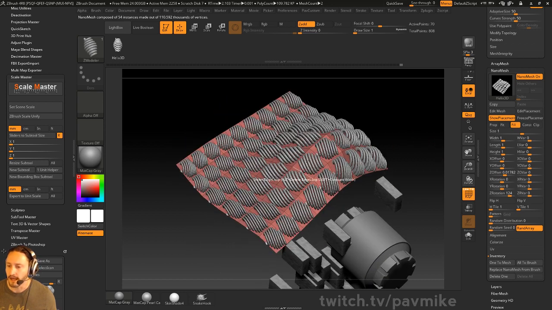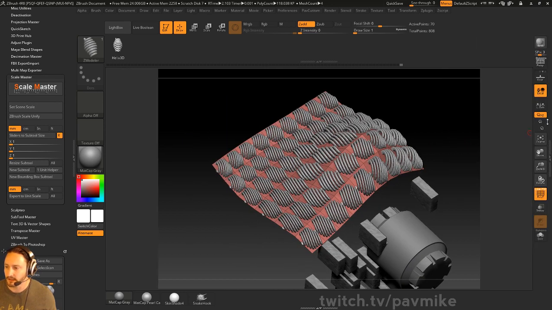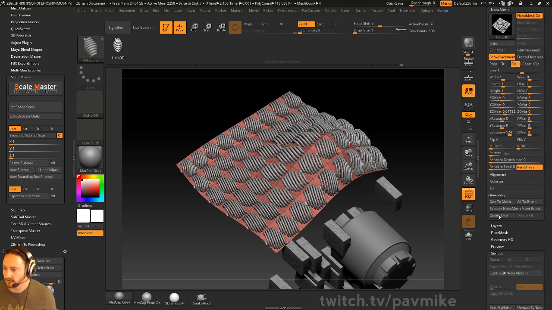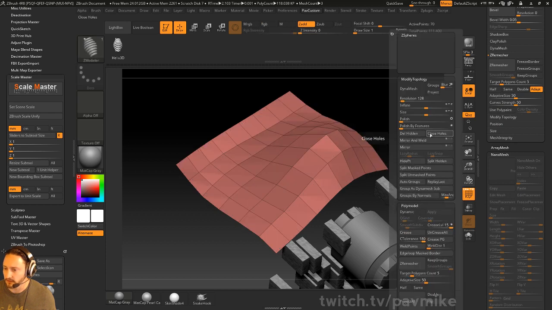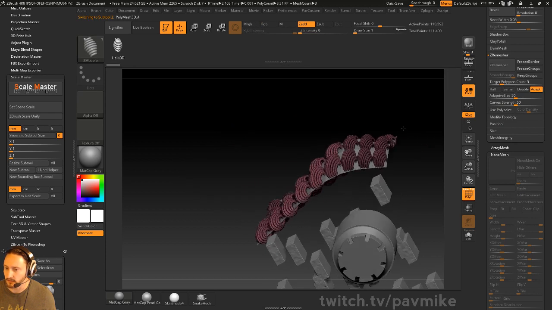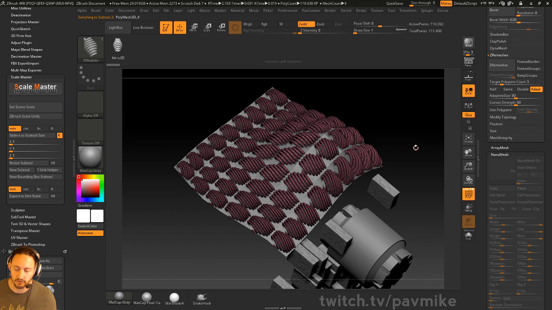Cool. So now, when you do export this, if it doesn't export any of the meshes, just go to your inventory and do 1 to mesh. That'll make it actual geo, and then you can go ahead and split those off. So we'll tag this one. Then this one should just export as geo. I don't know if there's an interface that'll speak between Maya and Max and ZBrush, maybe with GoZ, that tells it, hey, these are instances, so when you bring it in, make sure they show up as instances. I'm not sure if that's a thing, but